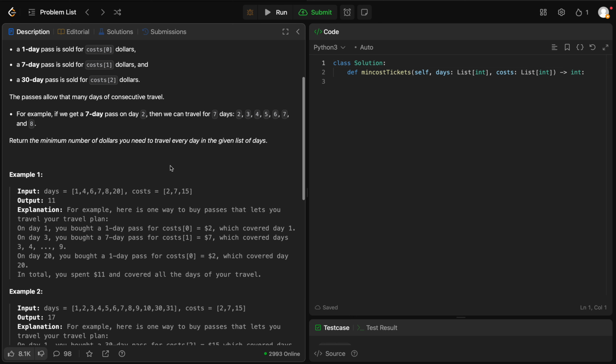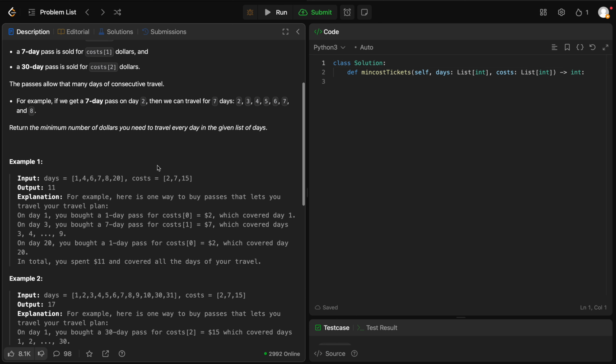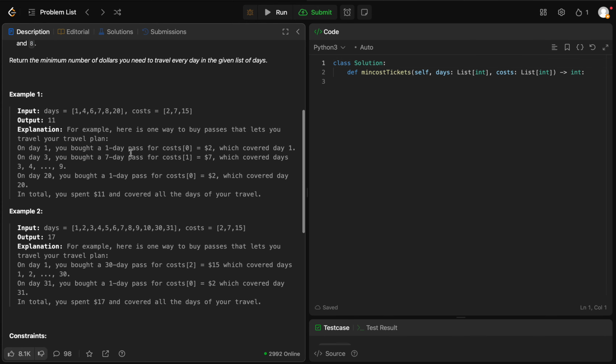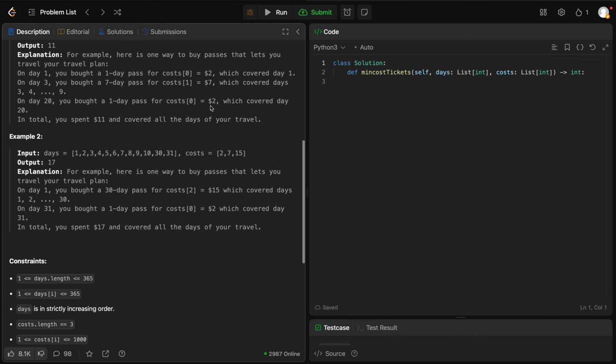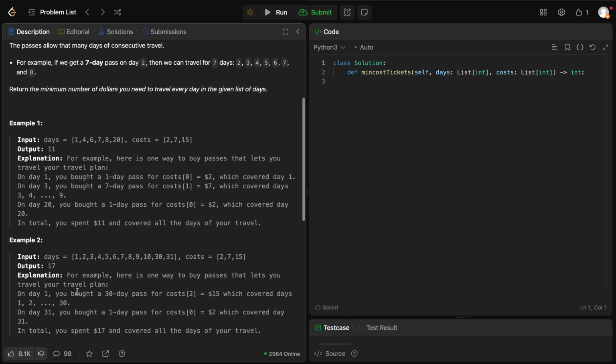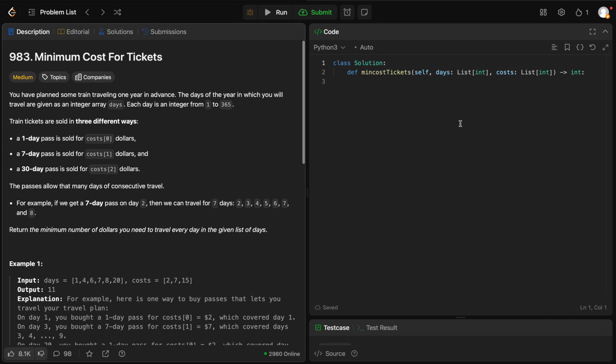Okay, the validity of tickets, and we need to find the minimum number of dollars to travel every day in the given list of days. Okay, days is strictly increasing. I think with these days we can see the pattern, so